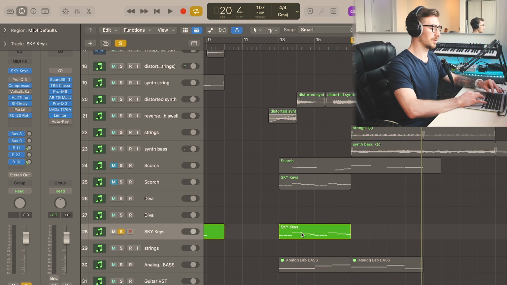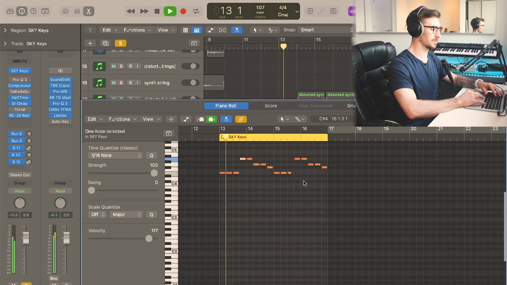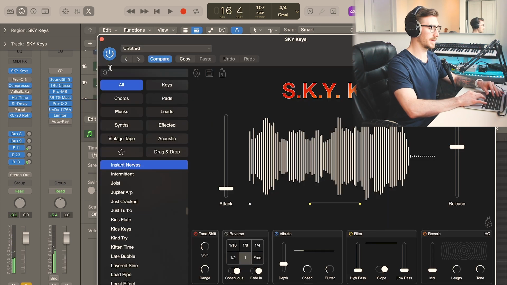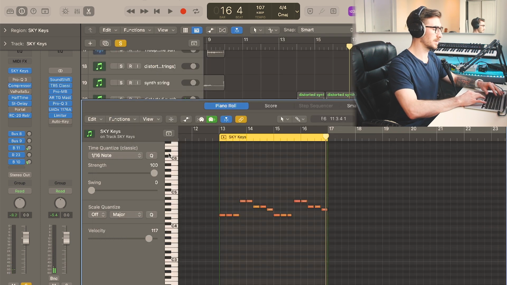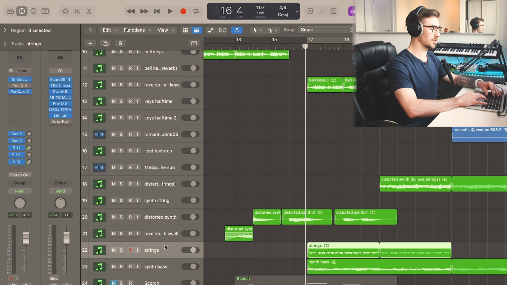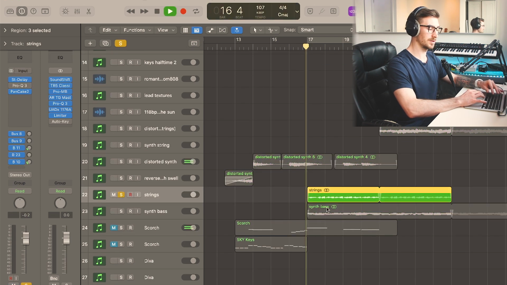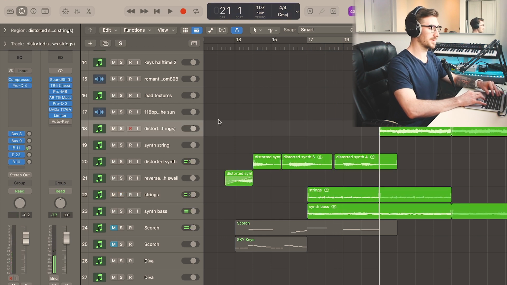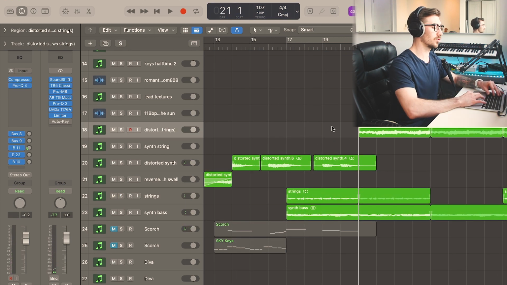And that came from Sky Keys. This was the same bank as before. So yeah, again, that was the Instant Nerves preset in Sky Keys with these plugins here. And then what I did is I took that same melody on the strings and then copied it over to that same distorted synth from Scorch, and